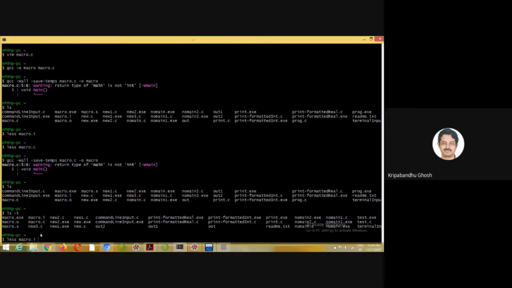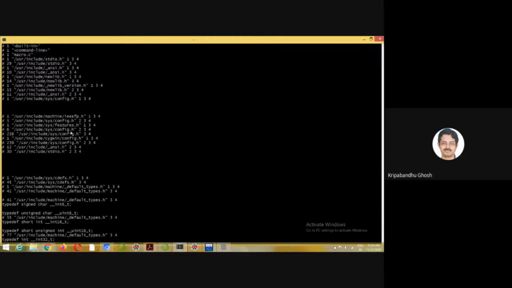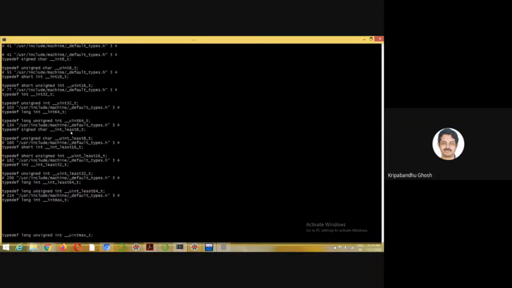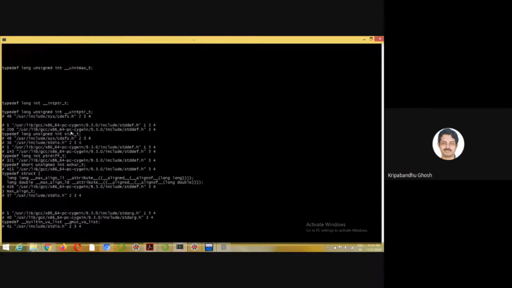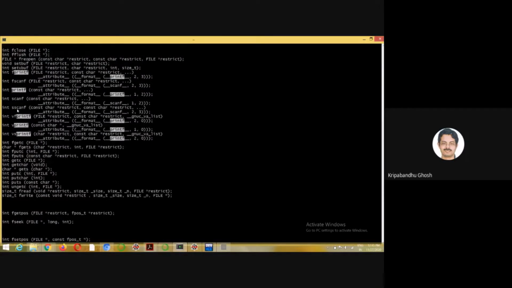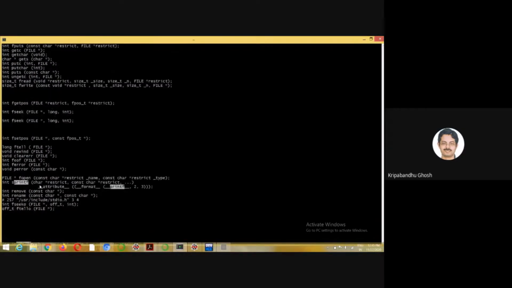macro.i. If you look at this carefully, since I have included stdio.h, all the functions defined in stdio.h are here. You can see printf should be here, all the versions of printf, sprintf, everything included.